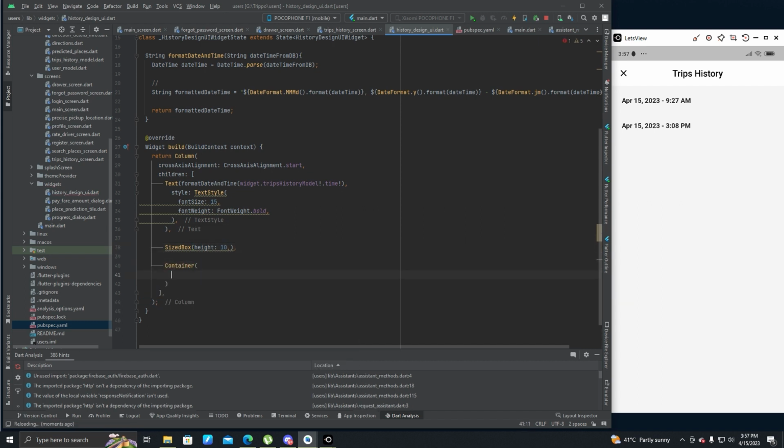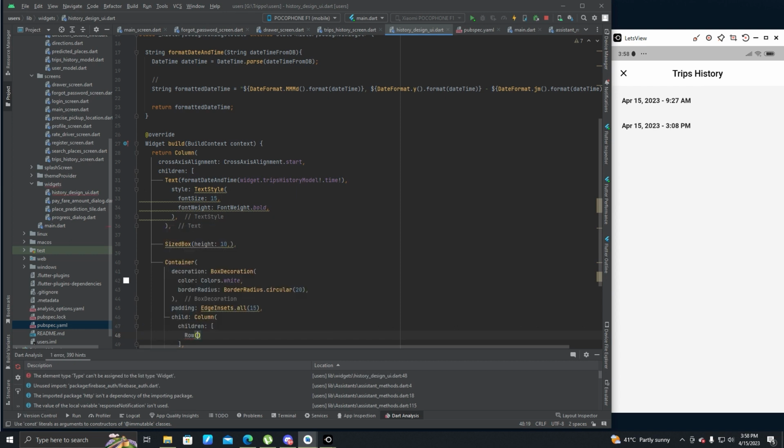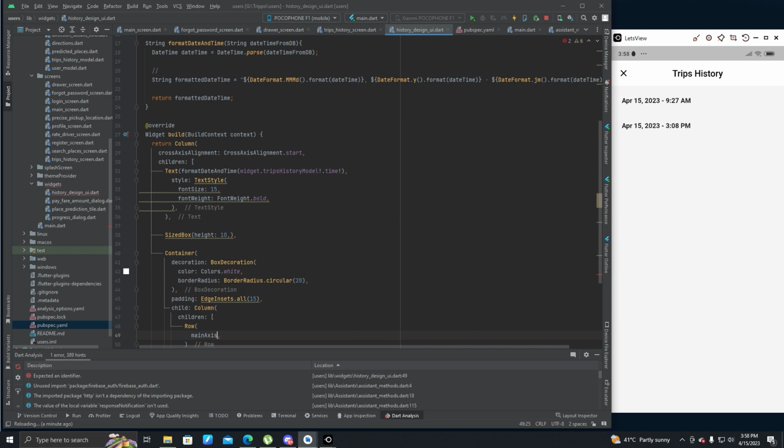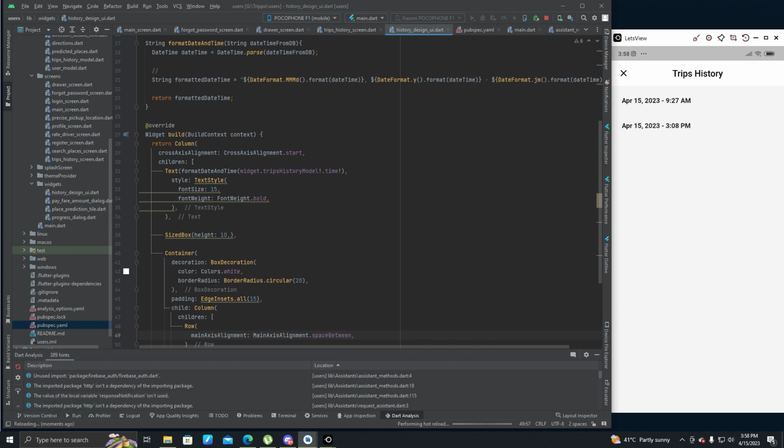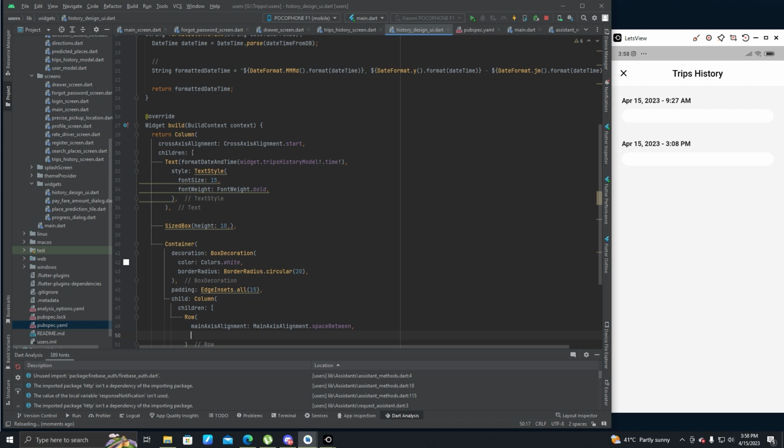Then container, decoration, box decoration, colors dot white, border radius dot circular to 20, padding, edge insets dot all 15, child, column, children, row, main axis alignment dot space between. Now children,